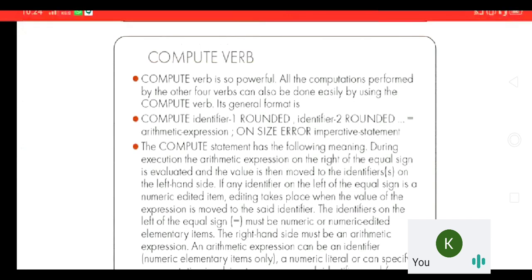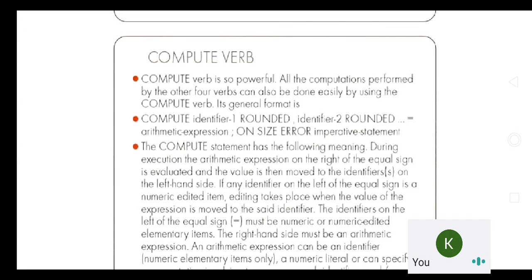Okay. So coming back, we have the equal sign. Using that particular equal sign, we would be able to evaluate that particular expression. So this is going to be an important sign for evaluating the operands and the operators present in that expression. The equal sign is evaluated, and the value that is calculated will be moved to the identifier which is present to the left of the equal to sign. So to the right of equal to, we are going to evaluate, and the result will be assigned to the identifier which is present to the left of equal to.